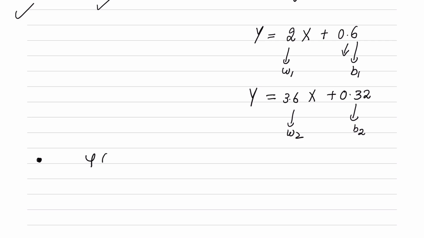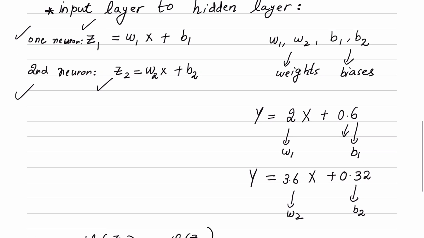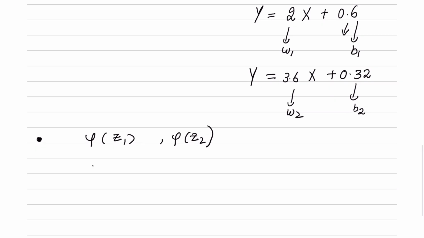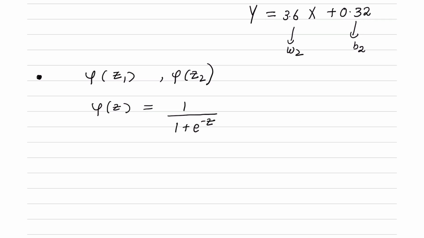Let's say the activation function here is phi, applied on Z1 and Z2, which we obtained here. The activation function could be taken as a sigmoid function, which is represented by this relation,